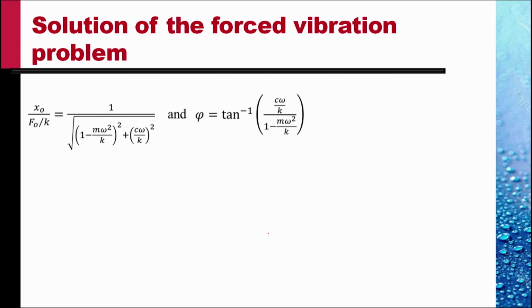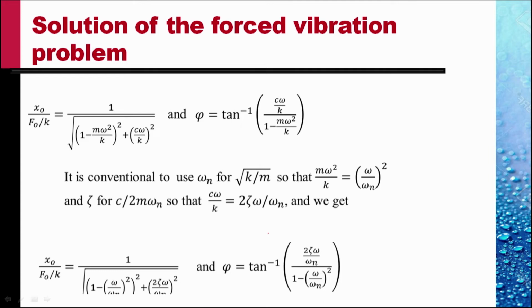Note that each of these parameters is non-dimensional, with no dimensions at all, no units. It is conventional to use omega n for under root k by m. Omega n is the natural frequency or the resonant frequency of a spring mass system with no damping,